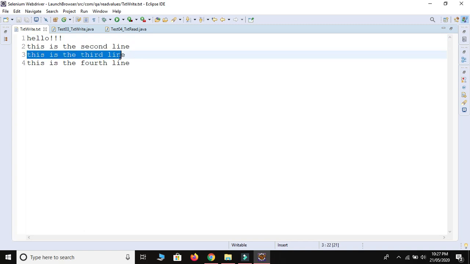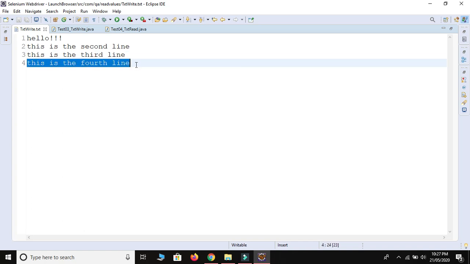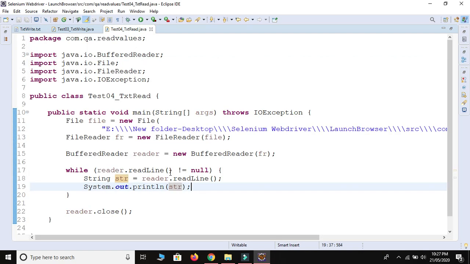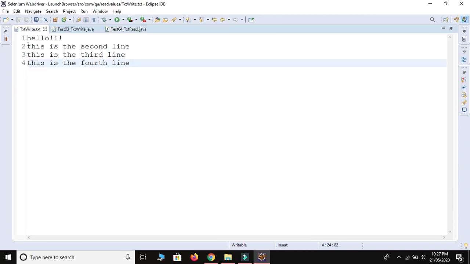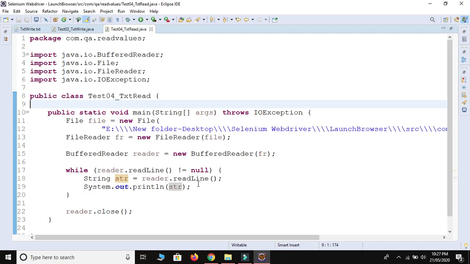Then again for the third line, and the fourth line is also not null. But when it comes to the fifth line, the fifth line is missing. We don't have any fifth line, so up to this fifth line it will read each and every line which contains some data, which line is not null.